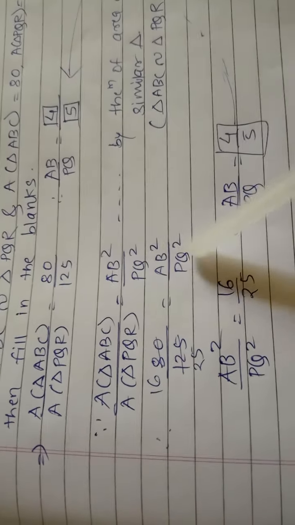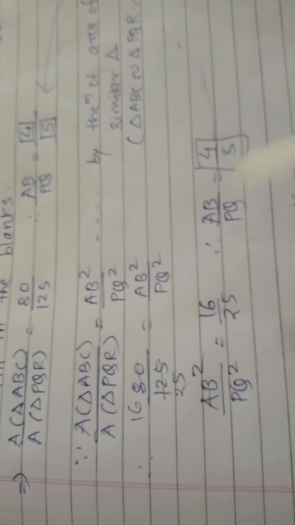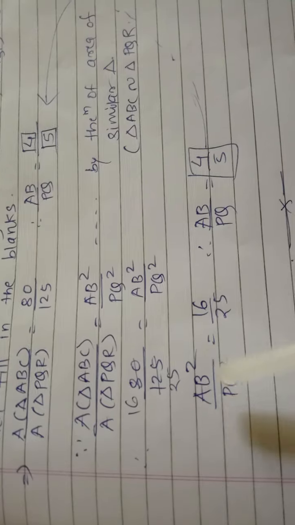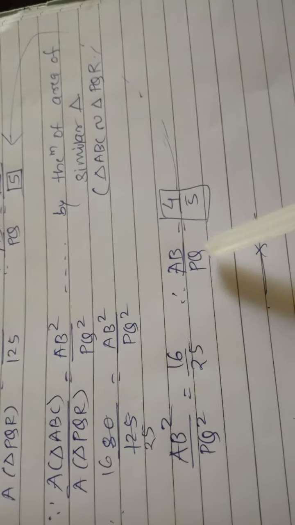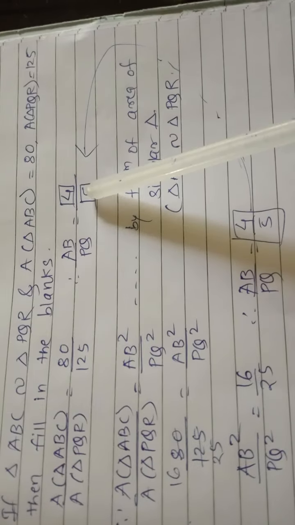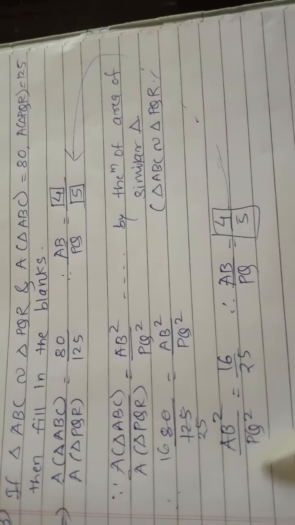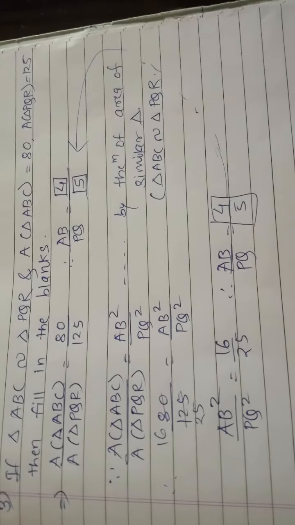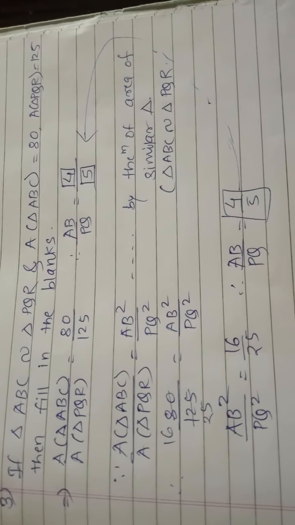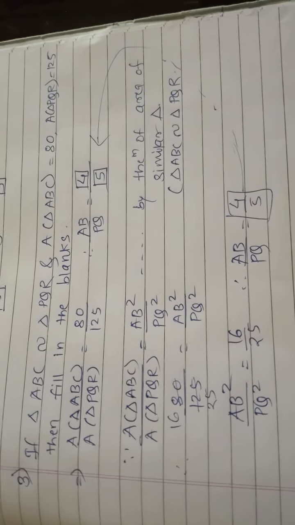So we have to remove this square. So taking the square root, AB square upon PQ square is equal to 16 upon 25. So taking square root we get AB upon PQ, and then we fill this blank, that is AB upon PQ is equal to 4 upon 5. ये डायरेक्ट आंसर मैंने लिखा था, लेकिन वो कैसे आया है ये मैंने यहाँ पे एक्सप्लेन करके दिया है. So this is all about question number second and third of practice set 1.4. The remaining examples we will see in the next lecture. Thank you.